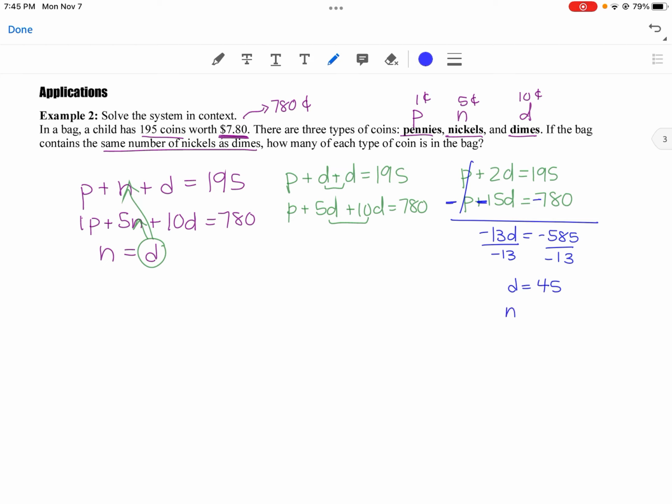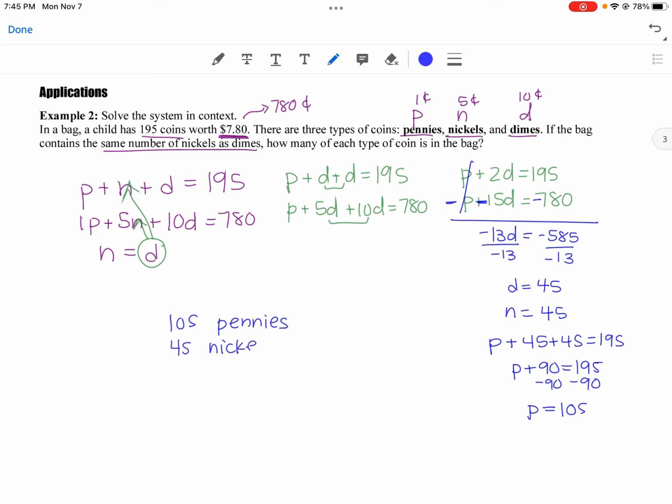If D is 45 and we know that N equals D, that means that N has to also be 45. So now you just have to choose what equation you use to solve for P. Maybe we can use that first one. P plus 45 plus 45 equals 195. So P plus 90 equals 195, minus 90. So P equals 105. So in this case, we have 105 pennies, 45 nickels, and 45 dimes. Hope